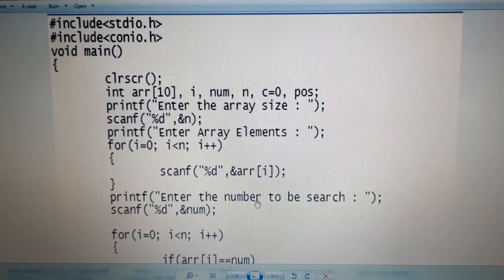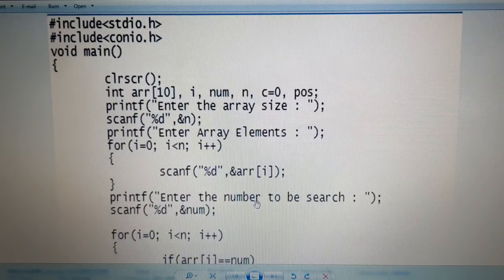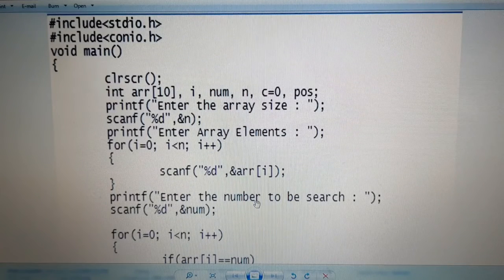First of all, we have included 2 library files named stdio.h and conio.h. We have included these libraries in our program because we are using a lot of built-in functions such as printf, scanf and getch. In order to execute such functions, we need the help of these libraries. After that, I move on to the important function of this program, the main function.